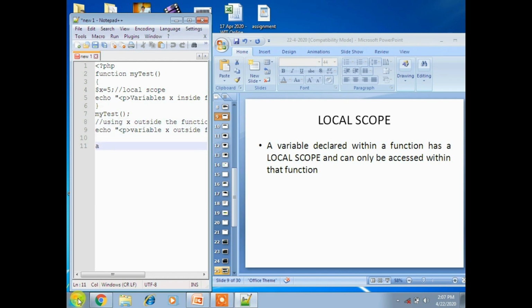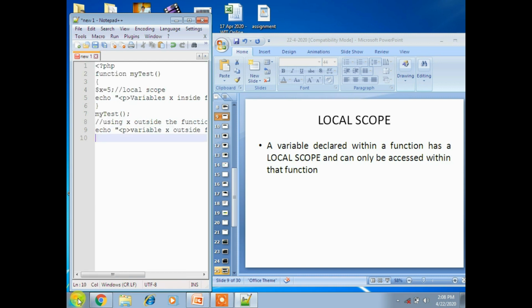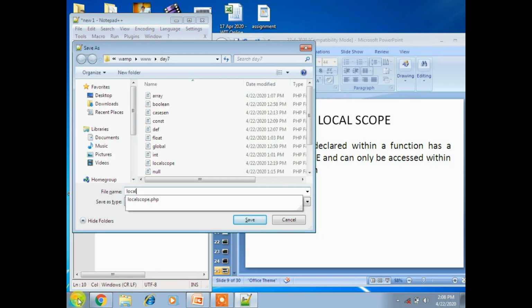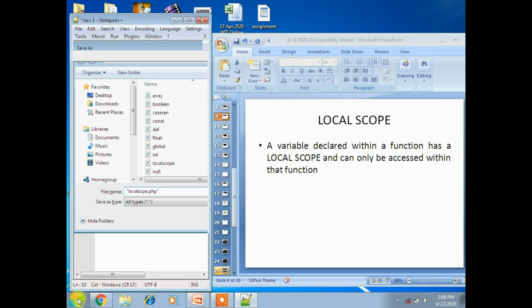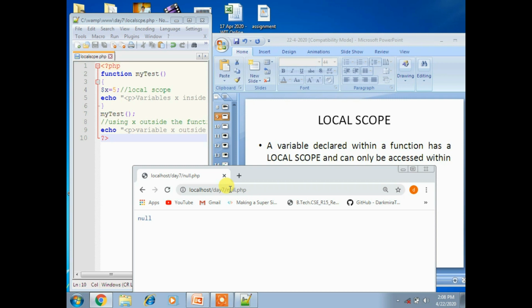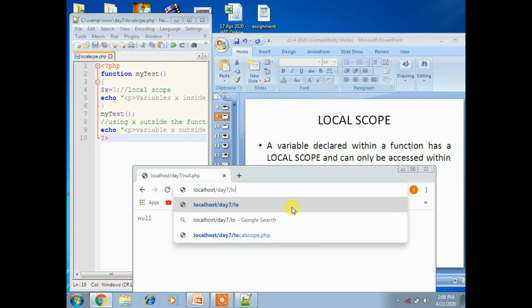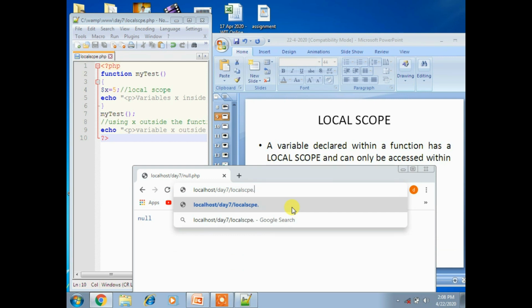Next I'm ending with the PHP closing tag and saving this program as local scope dot PHP. Now check the program.